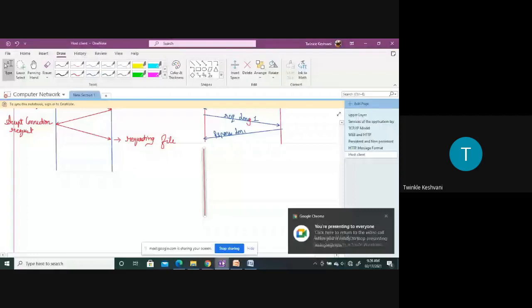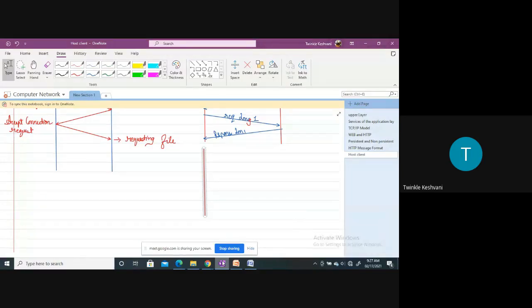Okay, so for the third image, we can say we have requested for the third object, right? So for the third object, that is the second image, we need to establish a separate TCP connection, right? So as you can see here, once the connection is terminated over here, for the third object we need to establish the connection for that, right? So here the client needs to send a request again to the server.